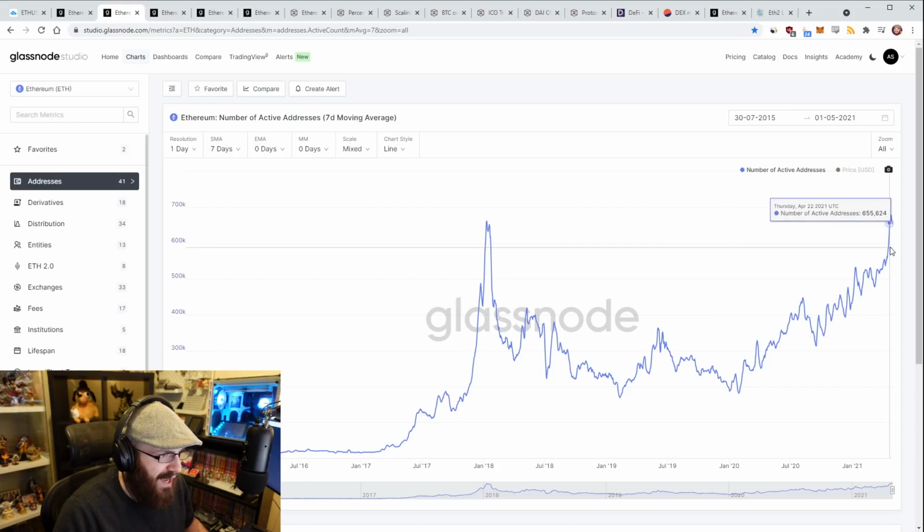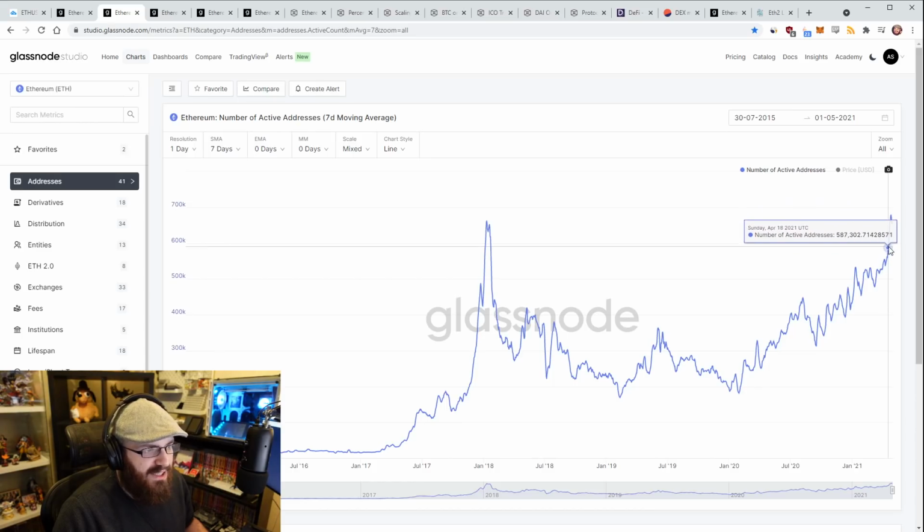It has spiked up here, and I'm trying to find a reason. I haven't found it yet, so why this spiked up so much. There must have been something that happened on the network that caused this. But yeah, maybe it correlates with the cheaper gas prices. Maybe people got more active again because they were waiting for gas prices to come down to do a bunch of things, or maybe it's their secondary addresses or whatever that they're farming with, and maybe they've got some airdrop tokens they wanted to sell. That could be an explanation as to why we saw this spike here.